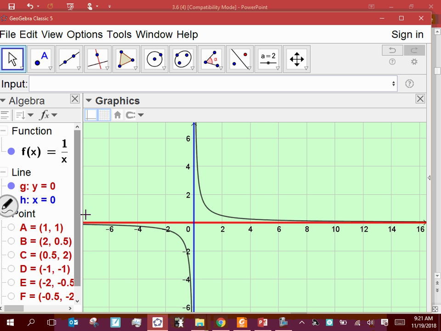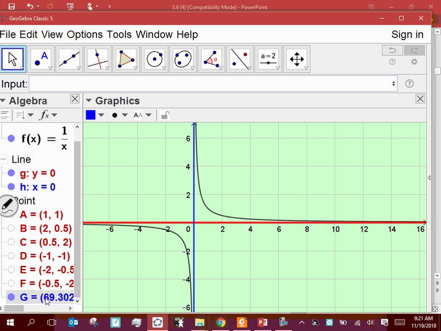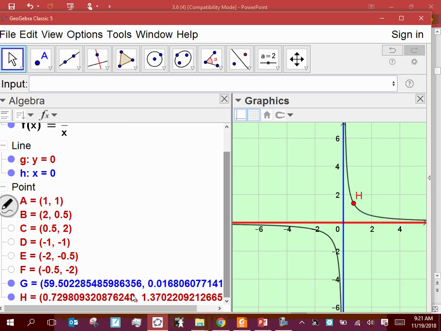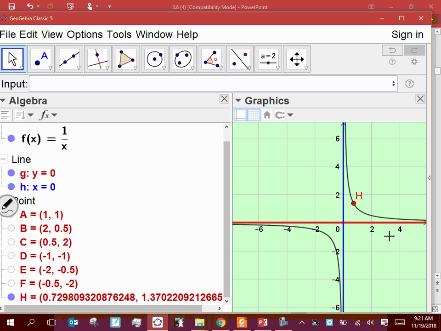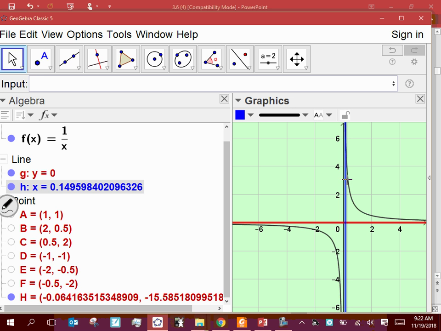If I go back to, I don't know if I can pull G back. Okay. Get G back in here, and actually let's do it this way. Let's not deal with G anymore. That'll take too long. Use H. All right, so as I take H, now, just because of the way the computer works, eventually it's going to flip over to the other side of the curve. But as I move H and it's getting, there it flips. Let me do it this way. As I take H,